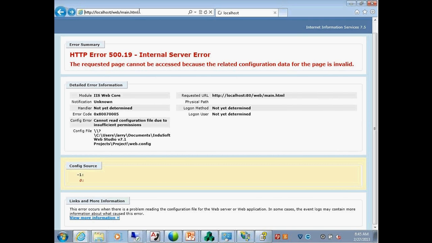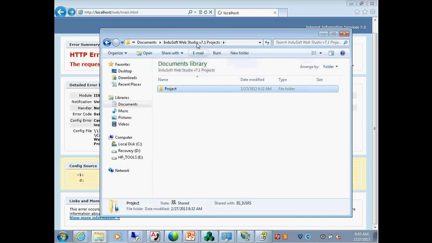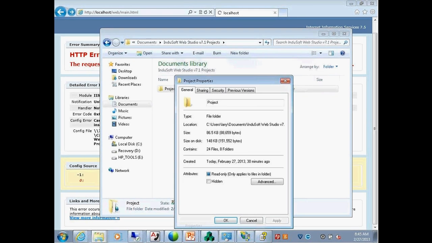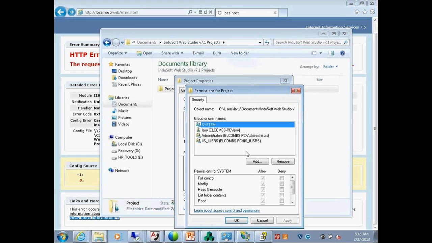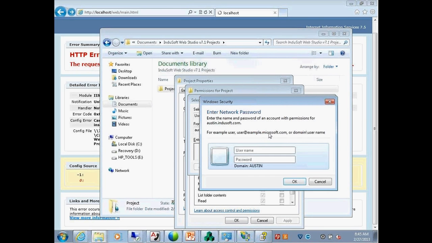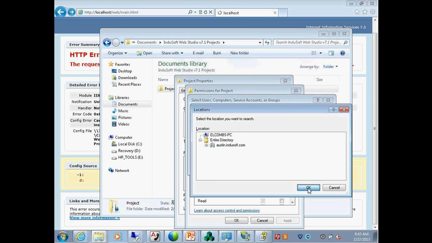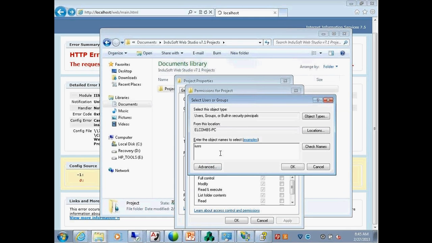And it's still going to spin because there's one more user we need to give a permission to, which is very hard to find in the Microsoft documentation, and that's a user called IUSR. So we're going to go back to our permissions one more time. We're going to right-click on the project, set the security one more time, and we're going to add one more user. And that is a user called IUSR, not to be confused with the group called